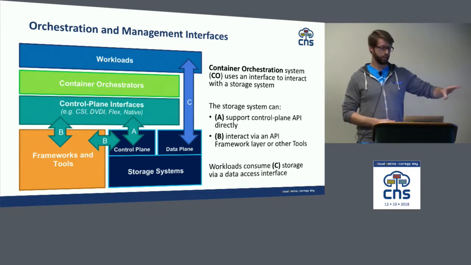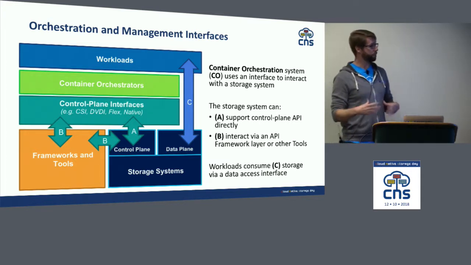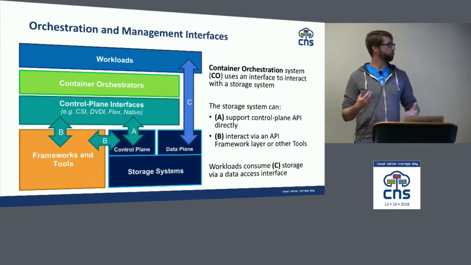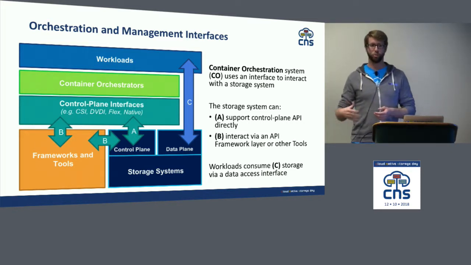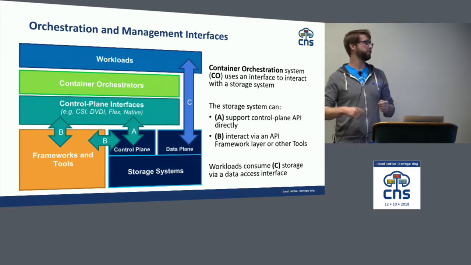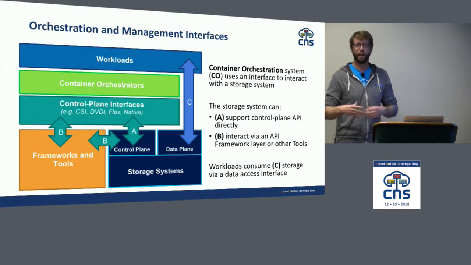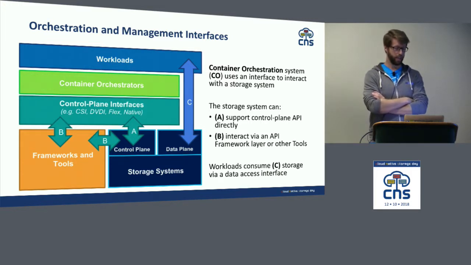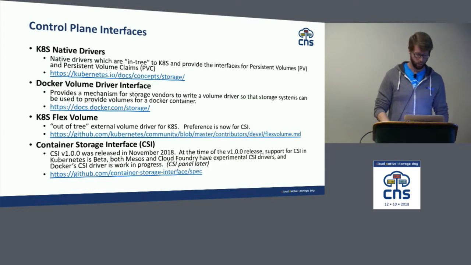And on the other side, the left side of the diagram, we have these interfaces for how our container orchestrator can make things happen. A good example of that would be when a workload needs to have a volume so that it can start consuming that and persisting its application state to that volume. We need our container orchestrator to talk to the underlying storage system through these control plane interfaces to provision the volume on demand for us. So we're going to go into some more details about what some of these interfaces look like, CSI and flex volumes. And I think we're on the very next slide, actually. So let's go ahead and look at that.